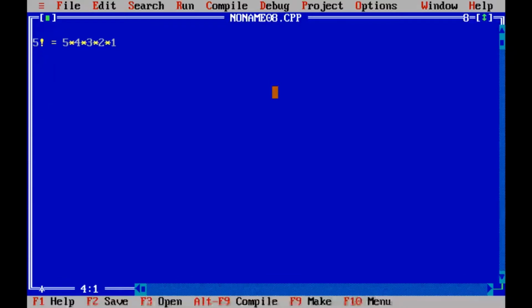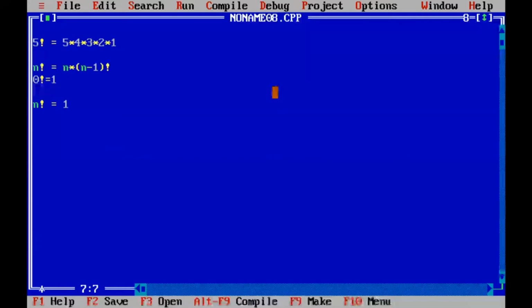So if suppose n factorial is there, what will I write? n into (n minus 1) factorial. So I can write in this way. Let's say if n is 0, then 0 factorial will be what? If a number is 0, then the factorial of that number will be 1. Clear?